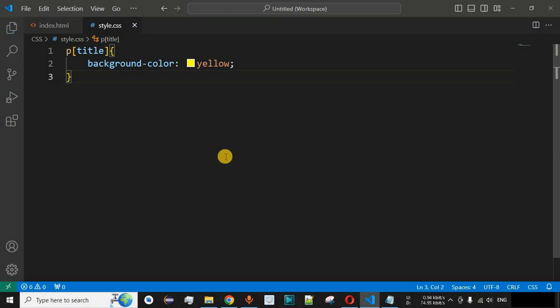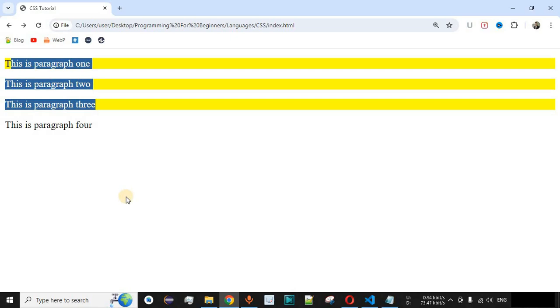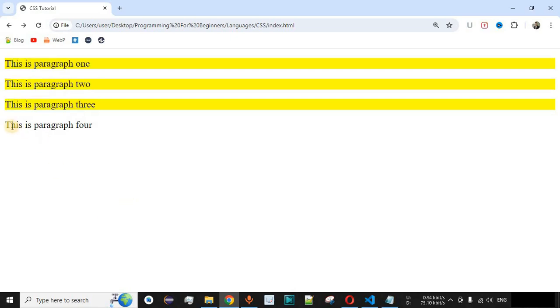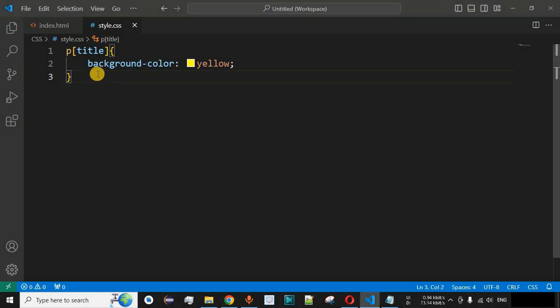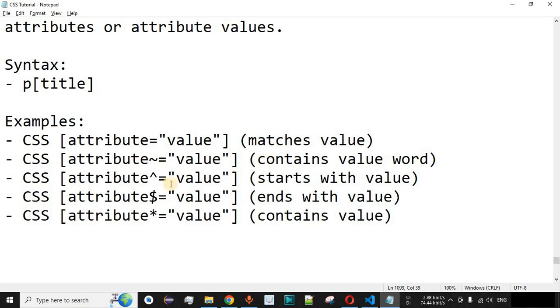So guys, let me just save this file now and try reloading this page once again on the browser. So as you can see, the first, second and third paragraphs are now having the background color as yellow. The 4th paragraph is not having the background color now, and in this way you can simply use the open and close square brackets over here and provide one of the attributes that must be present inside that particular HTML tag in order to provide the CSS properties based on your requirements. So guys, this is a simple example as far as the attribute selector is concerned. Now guys, we have certain more examples as well.